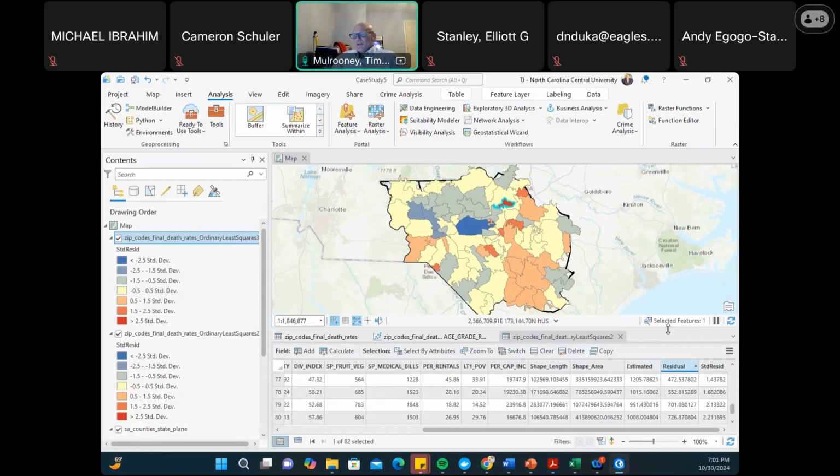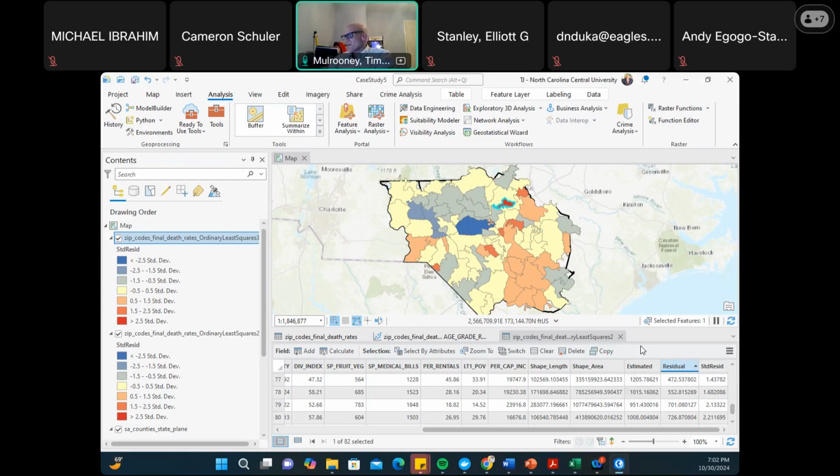Now, it not being statistically significant, that's an answer. I think that's probably going to be a better answer than what we're looking at because it basically reinforces what we're looking at. Hey, is there a relationship between the death rates and the race? Excel told me no. This tells me no as well. So they both tell me no. So to me, there's probably, I don't want to use the word randomness, but there's probably a lot of other